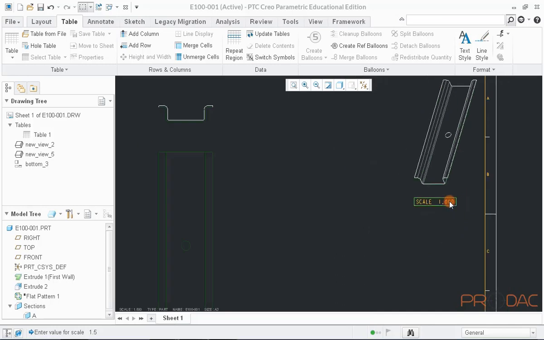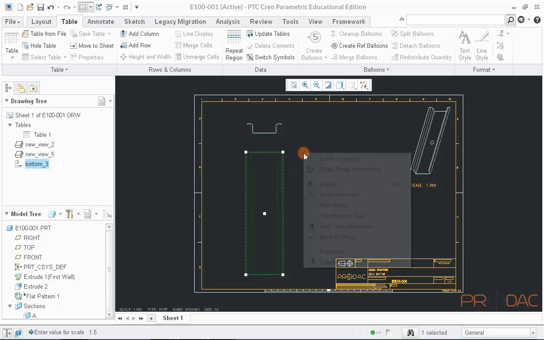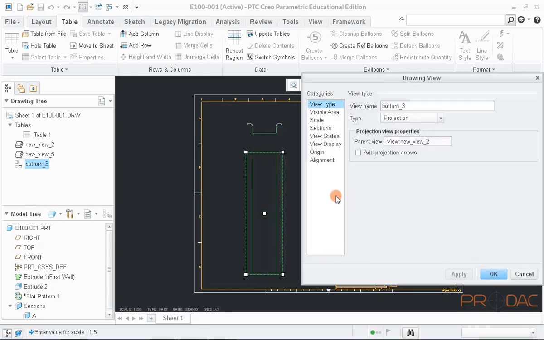Now, we'll learn to create half, partial and broken view from any existing drawing view. For explanation purpose, we'll choose this view. Right-click and select the view properties from the menu. Now, go to Visible Area.